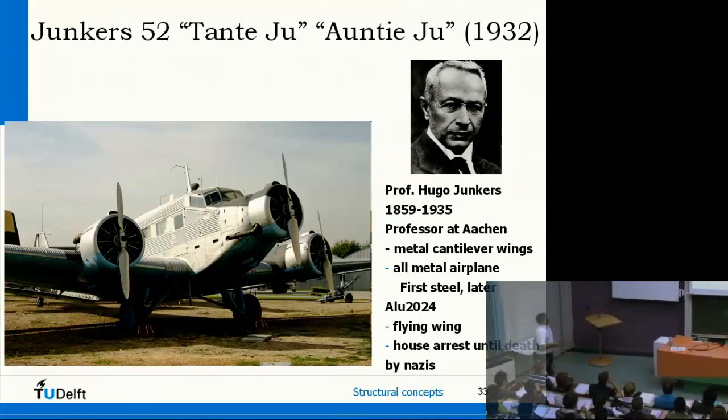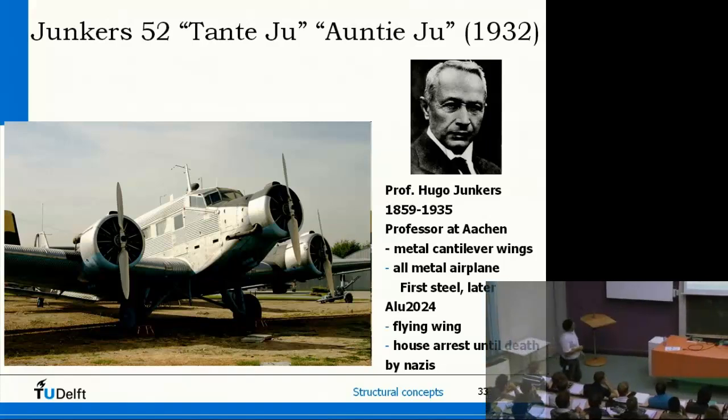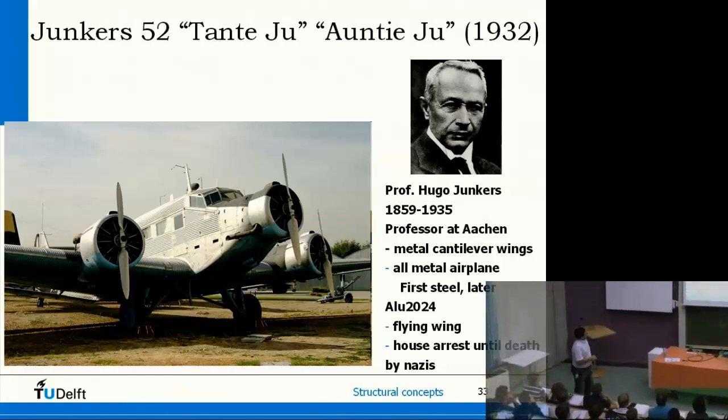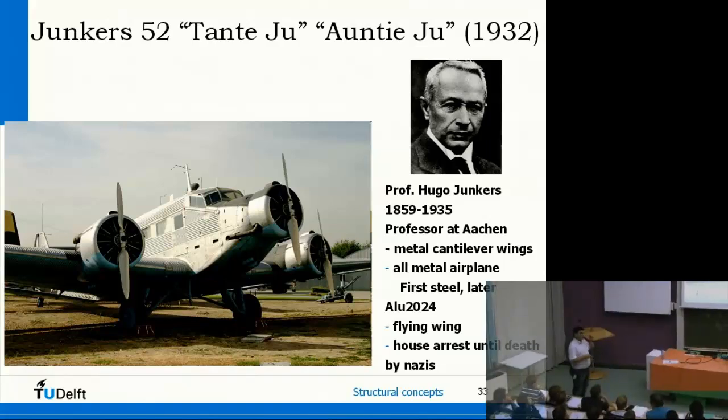Another way of building aircraft from metal is what Professor Junkers did with these famous aircraft used in the 30s and later also in the war. Corrugated sheet here, as you can see, also provides in itself some stiffness. If you have that waviness in your sheet, you can also use it to your advantage.